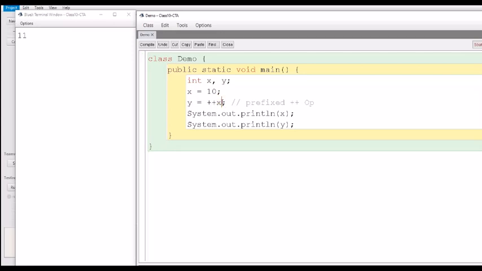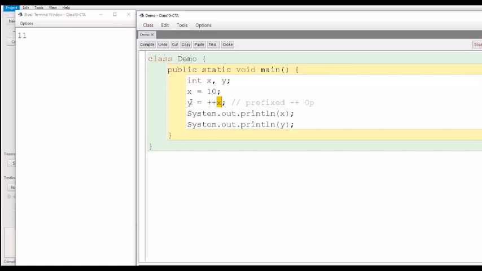One is that x is being increased by 1, and second is the value is being assigned to y. What happens first and what happens later depends on whether it is prefixed or postfixed. If it is prefixed, x will be increased first and then assigned to y. That means x becomes 11 first, and then 11 is assigned to y.